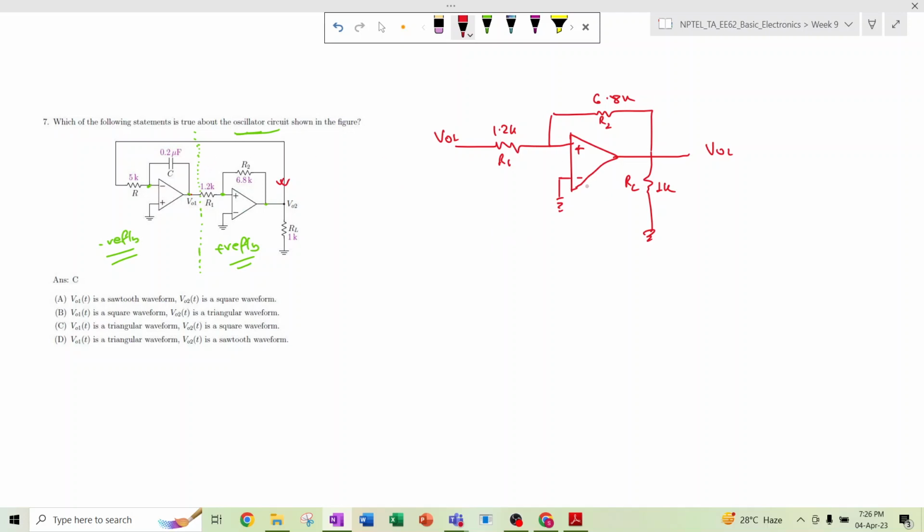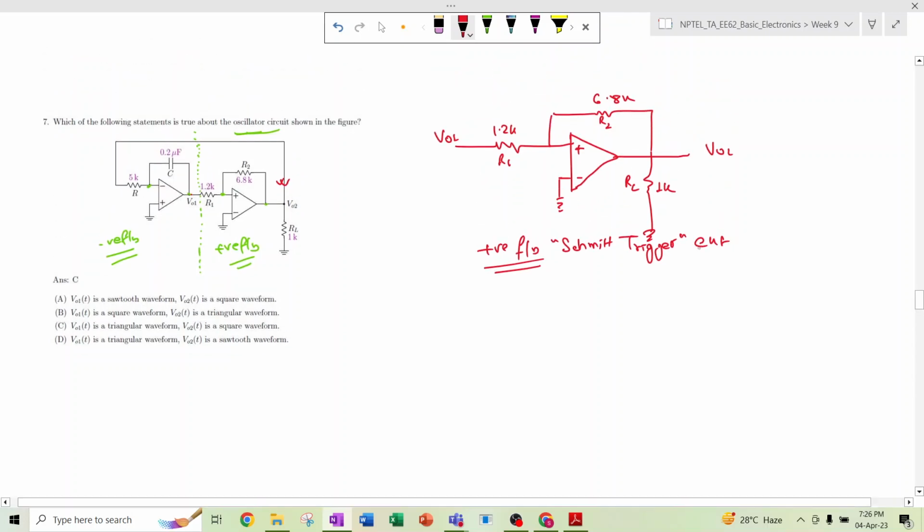So this is a positive feedback circuit, so basically this is a Schmitt trigger circuit. So how to analyze this circuit? We have already solved this thing, the Schmitt trigger problem. So like this only we have to solve. So here V minus is equal to 0, this is V minus and this is V plus, and V plus we can determine using the superposition